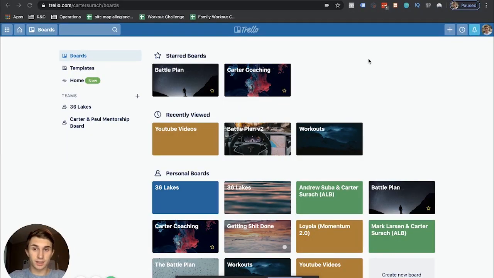First, enter Trello. It's going to look something like this after you've created your account, except you probably won't have all of these boards like I do. I have boards for all sorts of different things right now. It's actually a little bit unorganized. I should probably clean it up. But let me just show you today how you can make a board for any project that you're about to